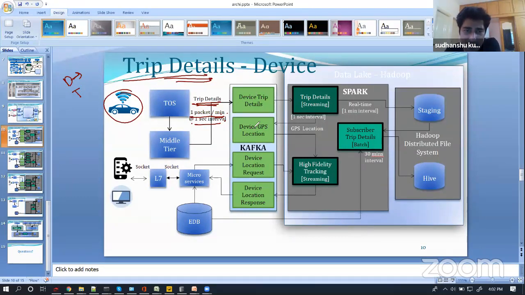Device trip detail, device GPS location, device location request, location response, and many other things we were trying to get over here. And again, we were trying to perform many different kinds of operations in this particular place. Then we were trying to perform high fidelity tracking, tracking all of those devices in real time. And we were sending all this information to the users' mobile devices and to their desktop applications, wherever they are going to use this,